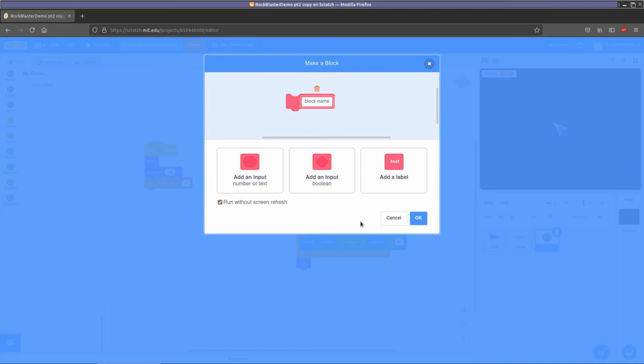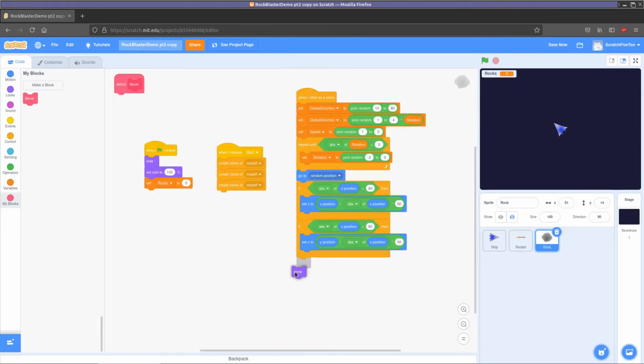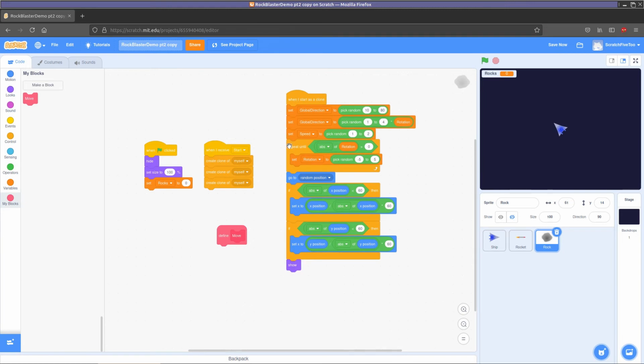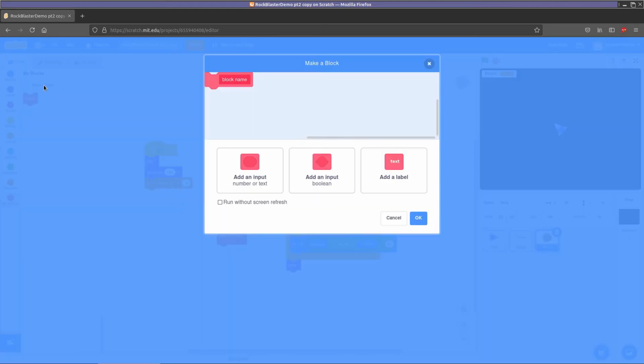And yeah, it's worth noting that a lot of what we've done here should probably be in its own function block that runs without screen refresh, because nothing that happens requires a screen refresh. So this is the first point that anything happens on the screen. So we have move, and a lot of this stuff we could probably be making happen faster. So if we made a block called